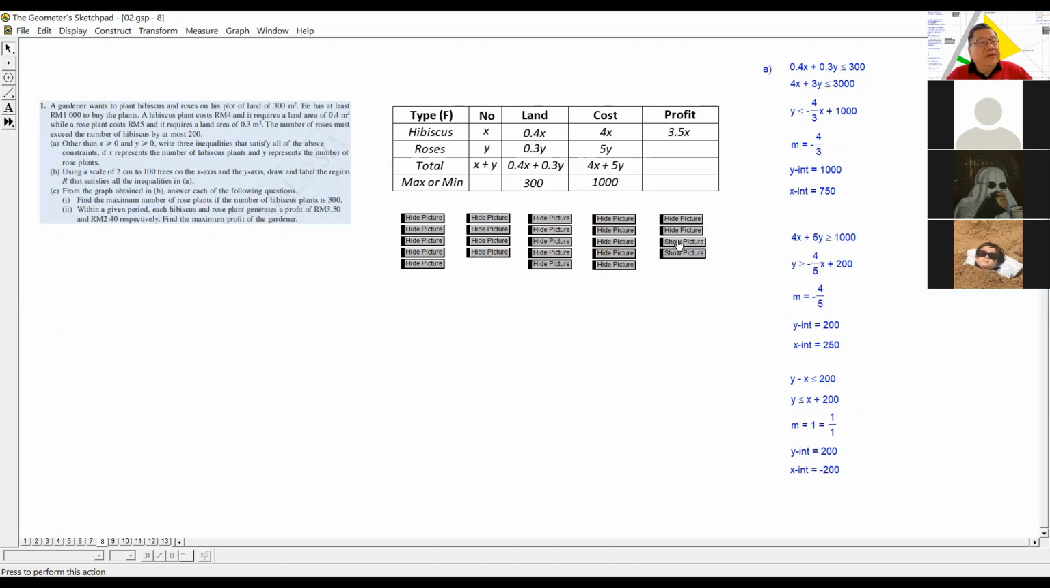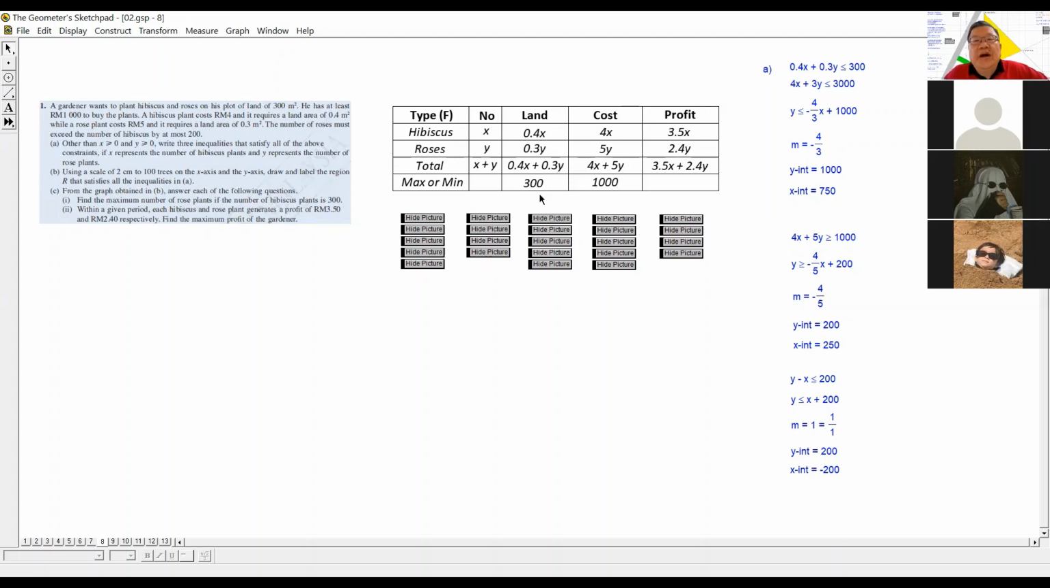One rose, 2 ringgit 40 cents. X roses, 2.4 times X. The total profit is 3.5x plus 2.4y. Okay. So again, we use the constraint to construct. Before we use the constraint, you must change it to y equals mx plus c. Right? Now to change, first one,